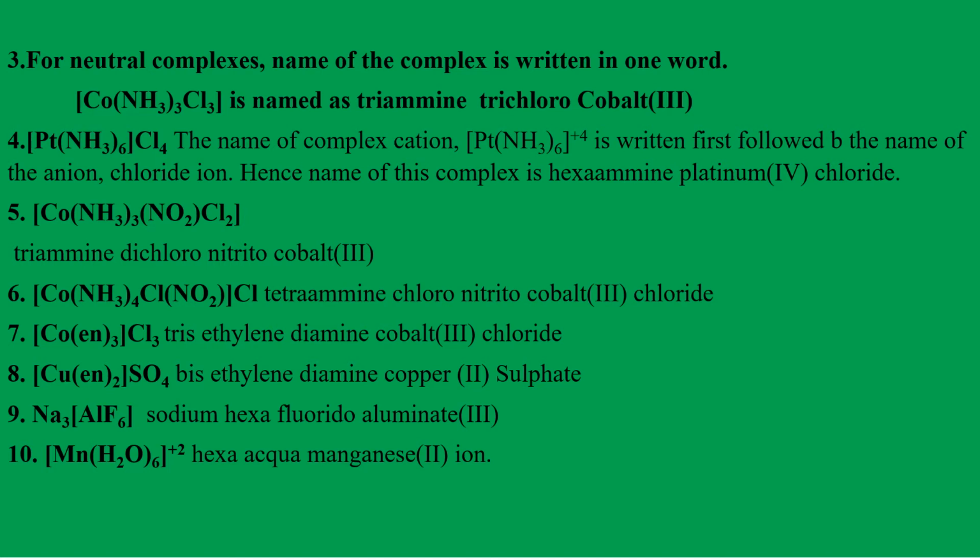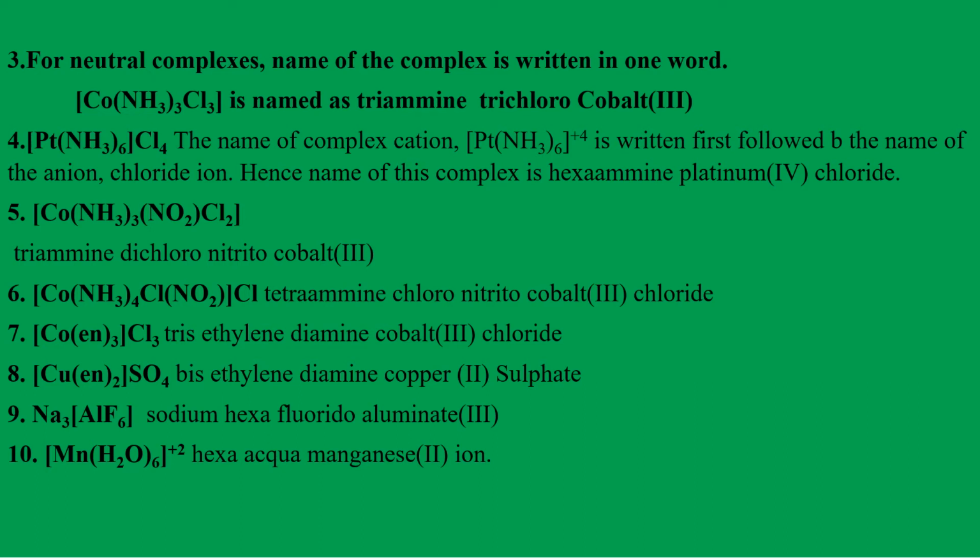Kindly please calculate the oxidation state of cobalt basing on the first two examples. Kindly please do that, students. Next, fourth example: [Pt(NH3)6]Cl4. Now, what is the complex cation here? [Pt(NH3)6]4+. Why? Because outside there are 4 monovalent anions. Each Cl has -1, and there are 4 Cls, therefore it is -4. Hence, +4 comes on [Pt(NH3)6]. This is the positive ion or complex cation.